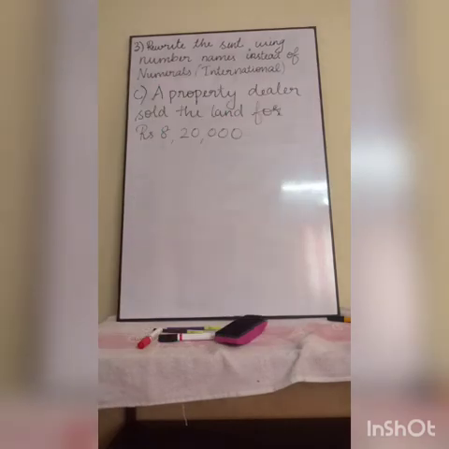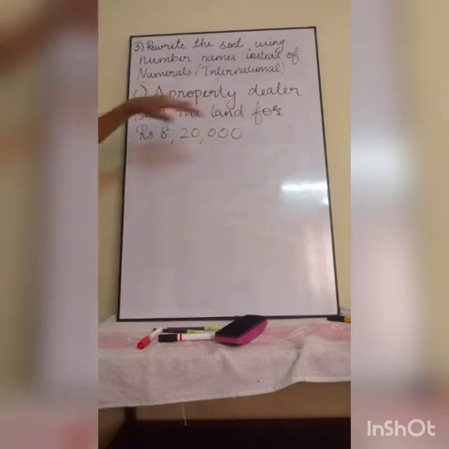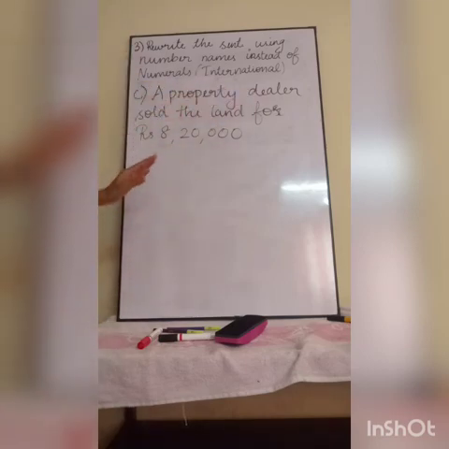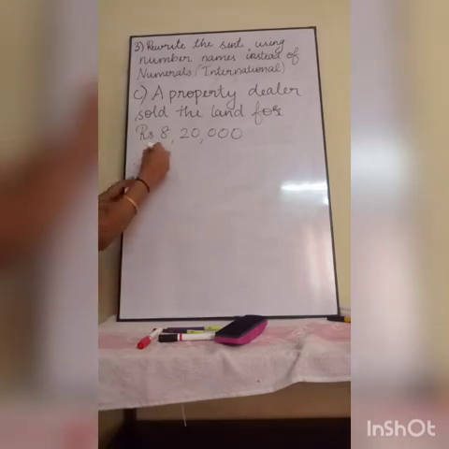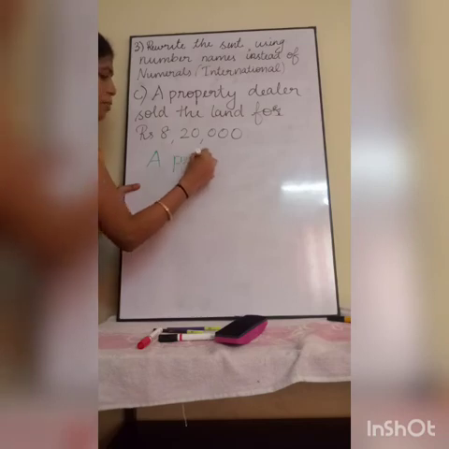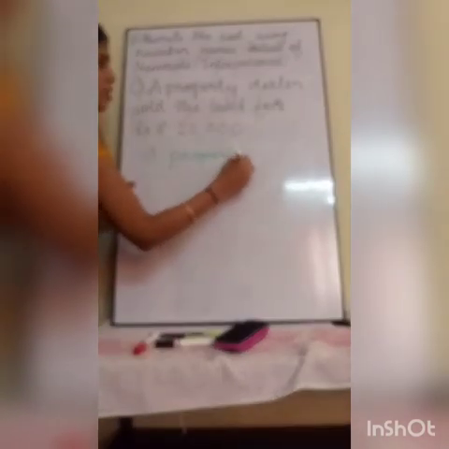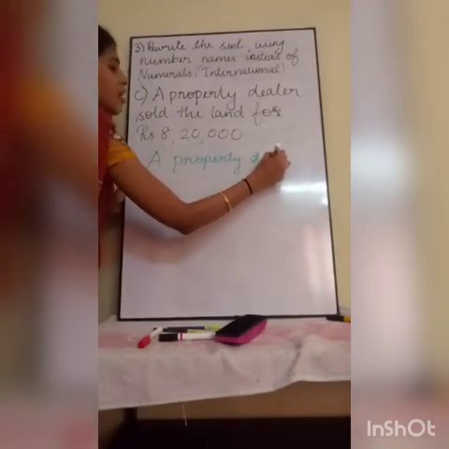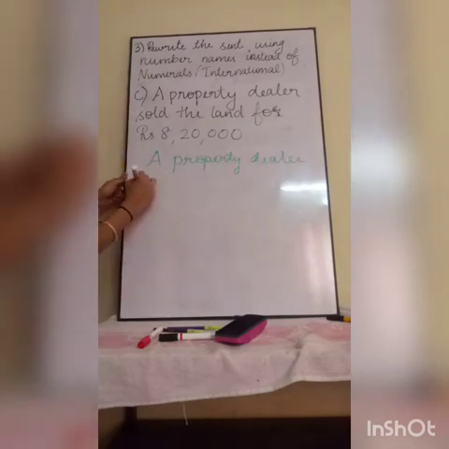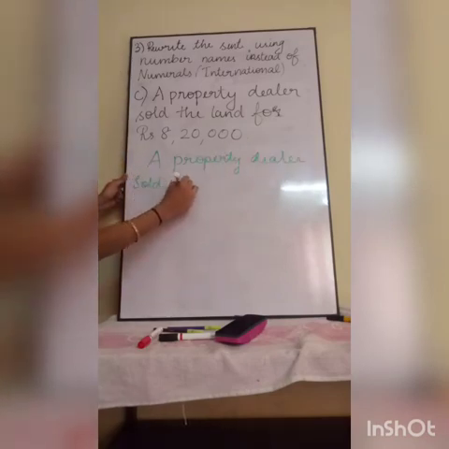Next is your C question. What they have given: a property dealer sold the land for rupees 8,20,000, but we have to write the number name using what system? International system, and we have to rewrite the sentence. That's all. So a property dealer sold the land